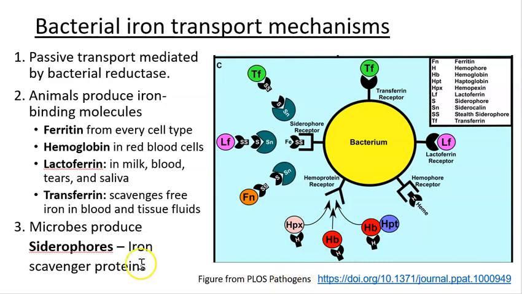But another mechanism that they came up with that's really intriguing that evolved is this idea of siderophore, which is a protein that will actually scavenge. It has a very, very high affinity for binding to iron that is floating around there. And so by making these siderophores, the bacteria are effectively able to suck the iron out from something like lactoferrin in your blood or in your tears or your bodily secretions. So you've got lactoferrin binding it, and along comes this bacterial factor that can actually bind it even tighter. So it is literally removing the iron from the places where we are trying to hide the iron from the